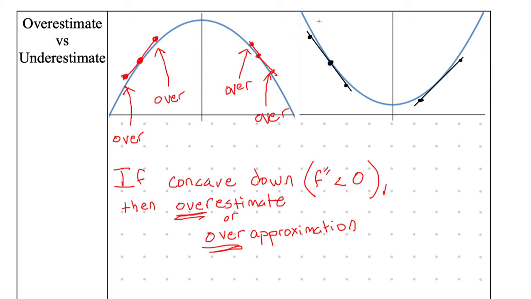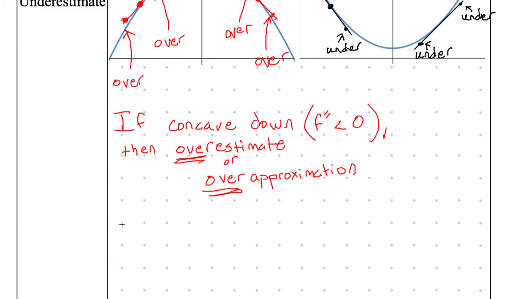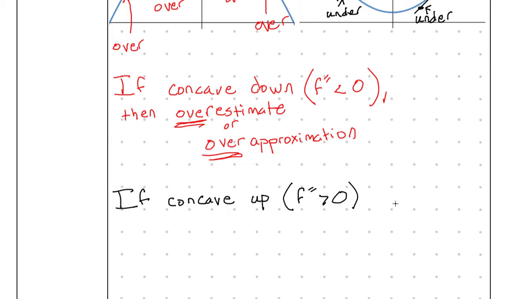These were all under, under, under, under, and under. And when I say under, I'm saying under the actual curve, under this blue concave up curve. So the way that I say this in words is if concave up. Geo, give me the definition of concave up. F double prime greater than 0. There it is. If I'm concave up,